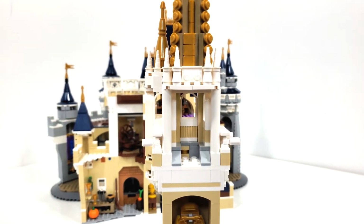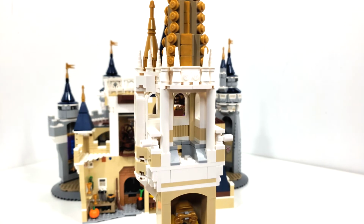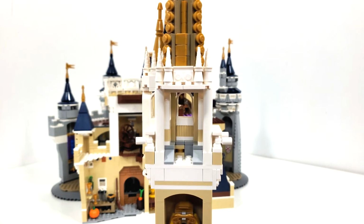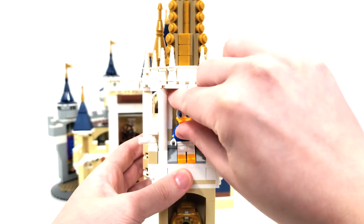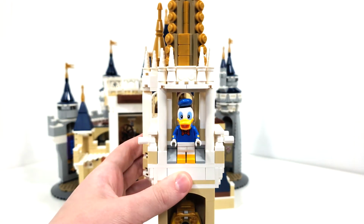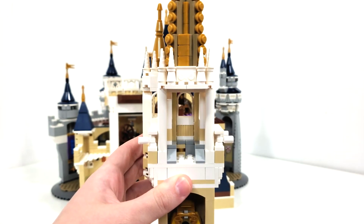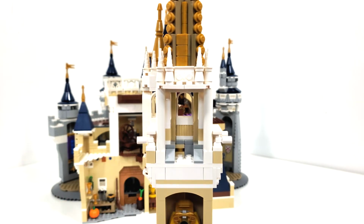But now for the interior, we're gonna go room by room, starting here, and working our way back down to the ground floor. So for this first room, we just have a sort of empty tower area that you can place a minifigure in, I guess, if you really want to. There's enough clearance room if you want to place someone up in this room. Otherwise, I don't see why you'll want to put anything in there. Maybe you can put some extra accessories if you have any of that, but to be honest, it's really nothing